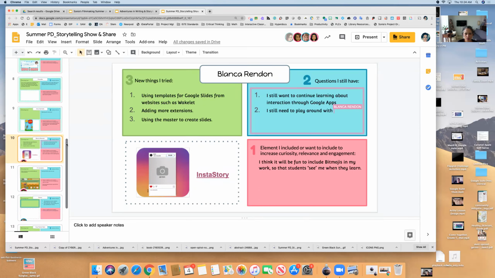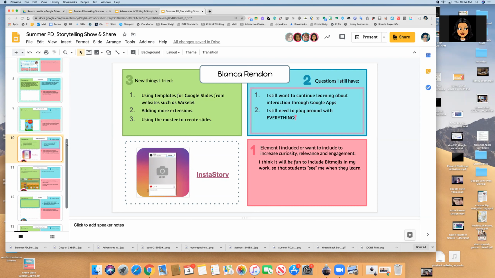We're going to start with Blanca. Just take a couple of minutes, it doesn't have to be long. If you created something, we'll take a look at it. If you did not, but you have ideas for what you want to do, then we'll just talk about that.